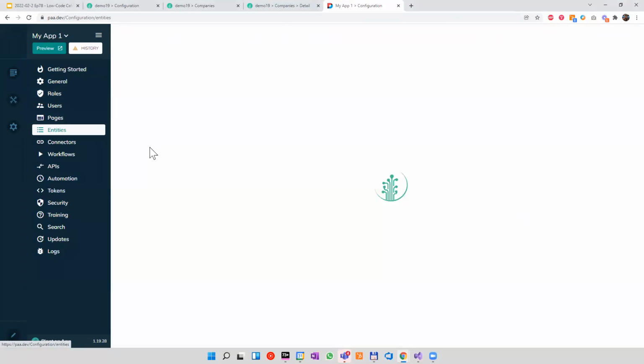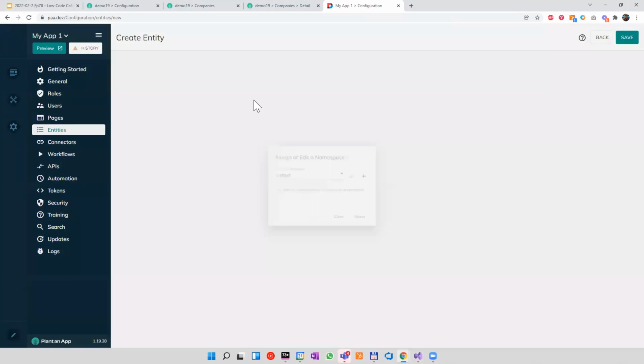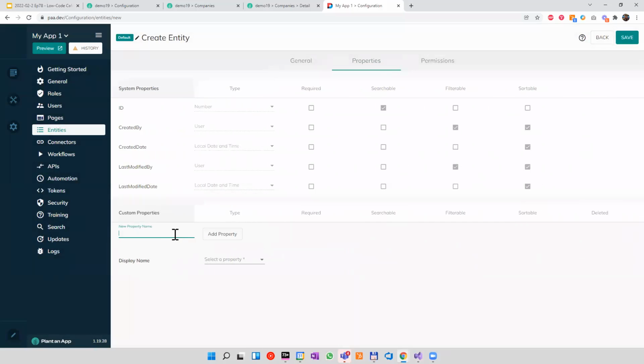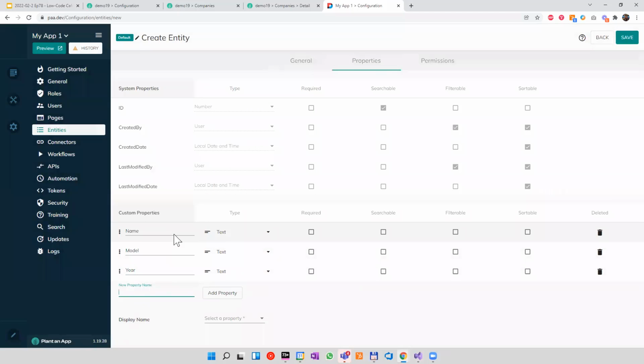Okay. So I will start by creating a new entity, and let's make a car entity, cars. And we give it a name, I don't know, model, year, something like that. Let's leave this as text, maybe just the year, we make it an integer. And maybe let's link an existing entity, maybe